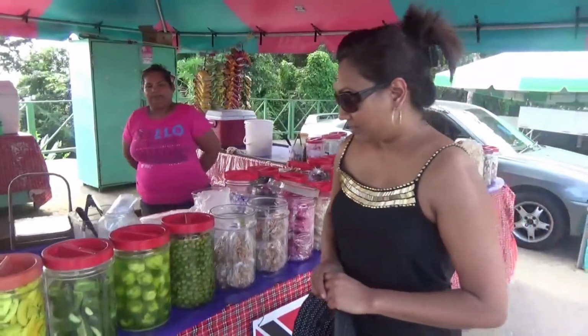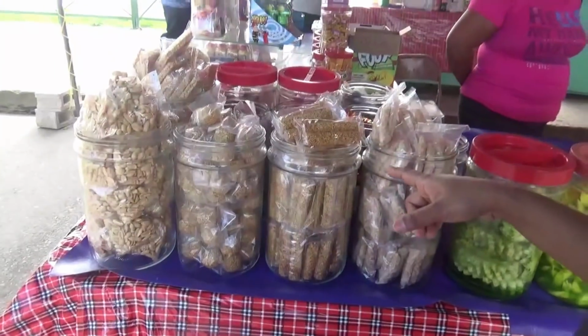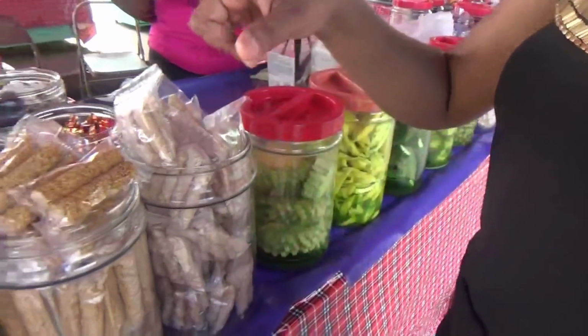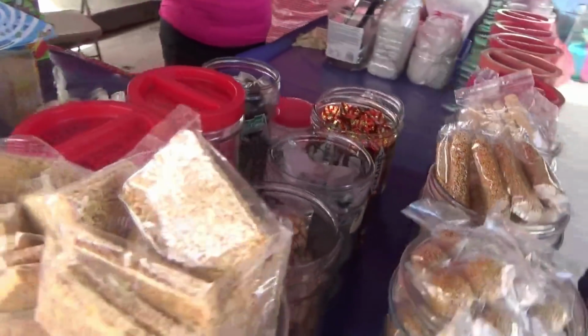Okay. And here we have bene, so you don't have to go all the way to Tobago anymore to get bene. You can get your bene here. Do you guys make this yourself? And you have rice cake here? Yeah. And you make this yourself? No, actually rice cake I bought, but the bene